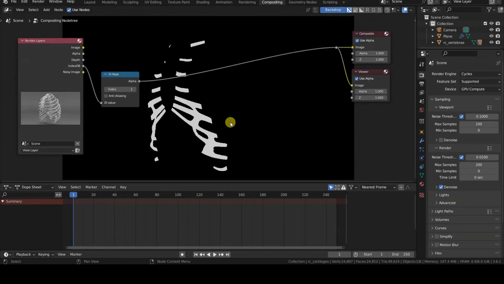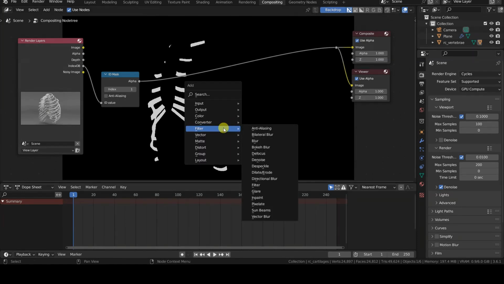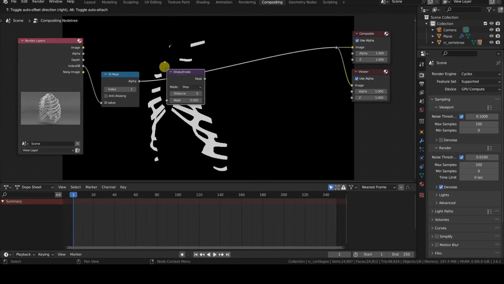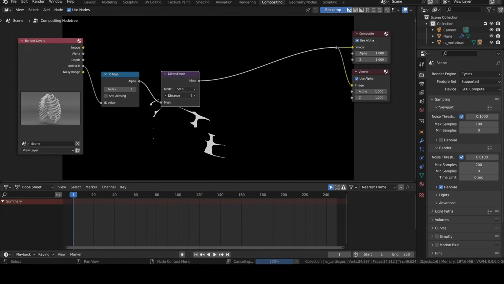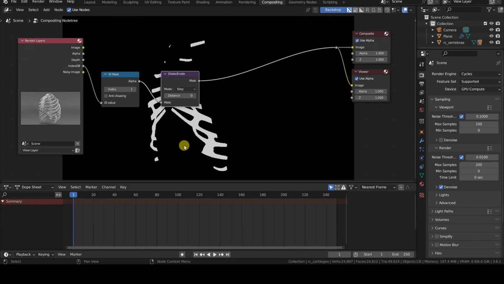In this case, the Filter Dilate/Erode node comes to our rescue. It allows us to enlarge or shrink a mask. You can see its effects by placing it between the ID mask and Reroute nodes and then adjusting the distance field value. Specifically, by specifying negative values, we'll get a shrunken version of the original mask. This suggests a solution to our problem, because we can subtract the shrunken mask from the original one, thus obtaining only the edges.